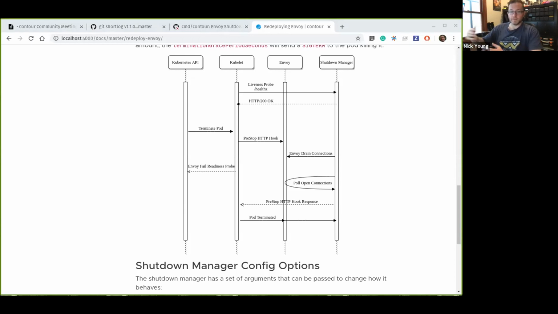So there is a bit of raciness around config that's possible, but leader election does not play a part in that anymore. Yeah, so the point that I'm making is that there's no raciness if you use leader election, because when you do a deployment update, it'll by default roll them one at a time, the way we've configured the deployment. So you won't have to worry about that, and that means that you will get a hitless upgrade because the Contour control plane will roll when it's ready. And now with this Envoy change, the Envoy will roll one at a time and won't drop connections while it's doing it because it'll put them into draining mode.